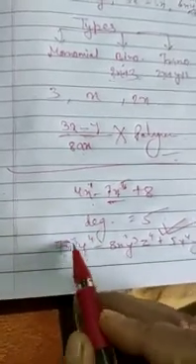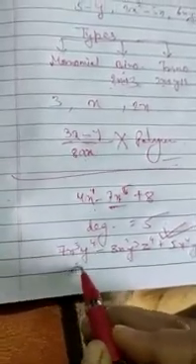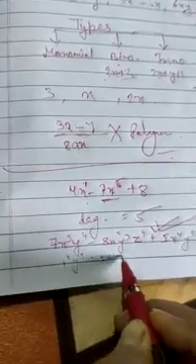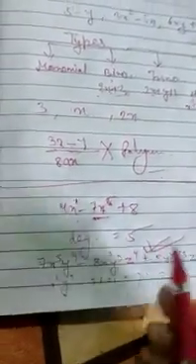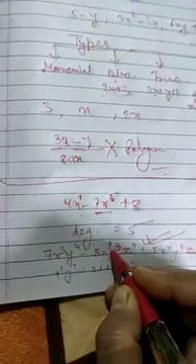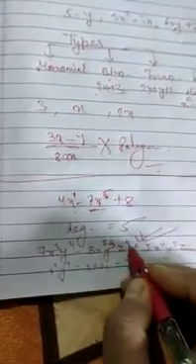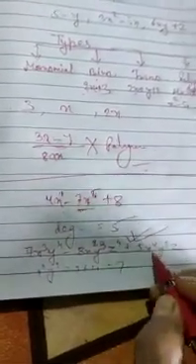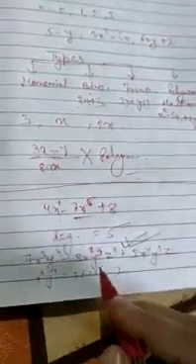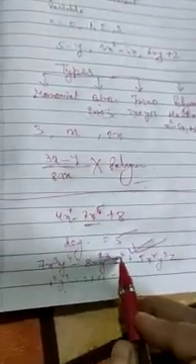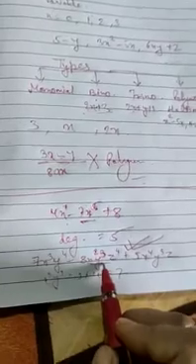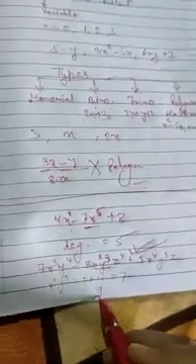3 plus 4, x plus y, 3 plus 4 that is 7. In this you add: 2 plus 3 is 5, 5 plus 4 is 9, here 4 plus 3 is 7. So which is the highest power, children? xyz, this second term. So the degree of the polynomial is 9.